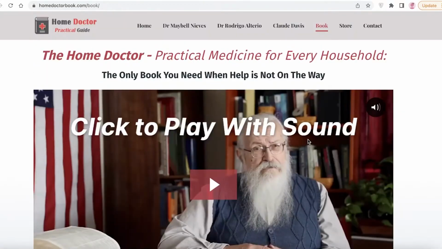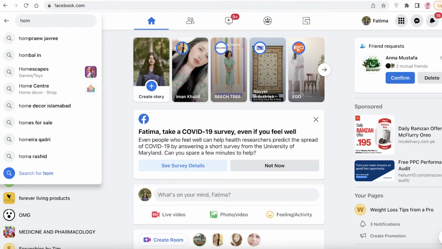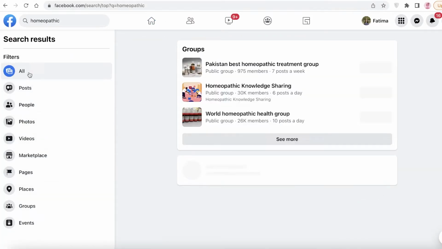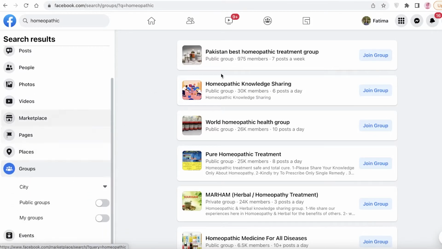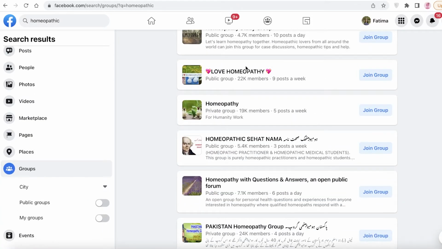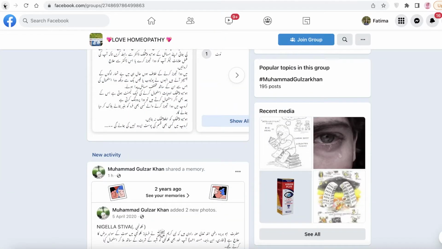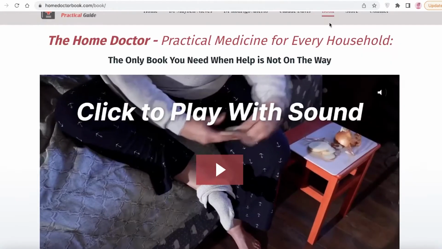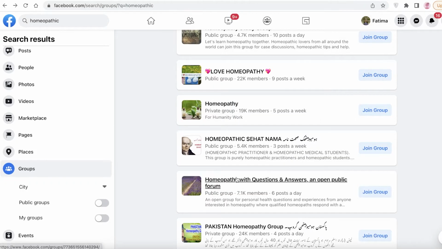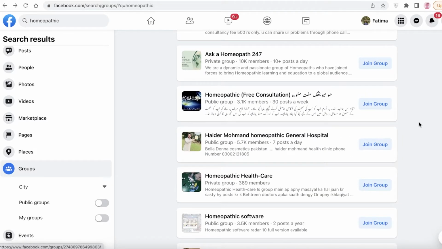So this is the home doctor. What you're going to do is search for homeopathic. And then on the left, you're going to click on groups over here. Once you click on groups, you can just join some of these groups and then start promoting your book over there. So you only have to find whatever kind of item you're promoting, whatever category it belongs with, find Facebook groups related to that category, and then start promoting your book or your item